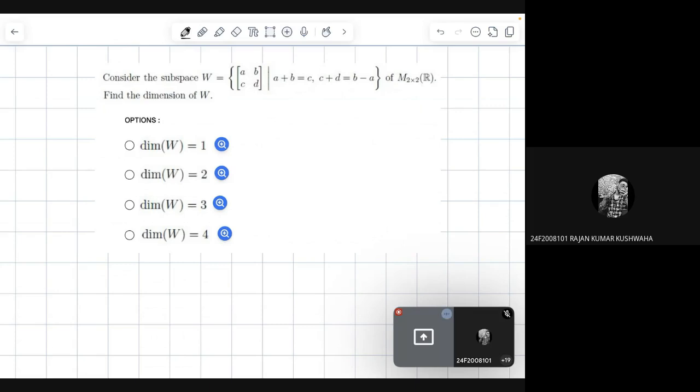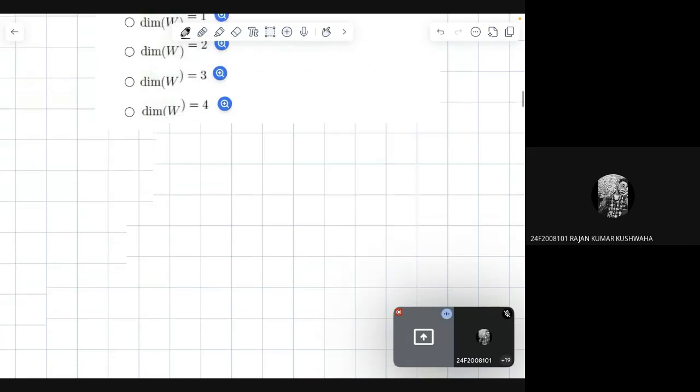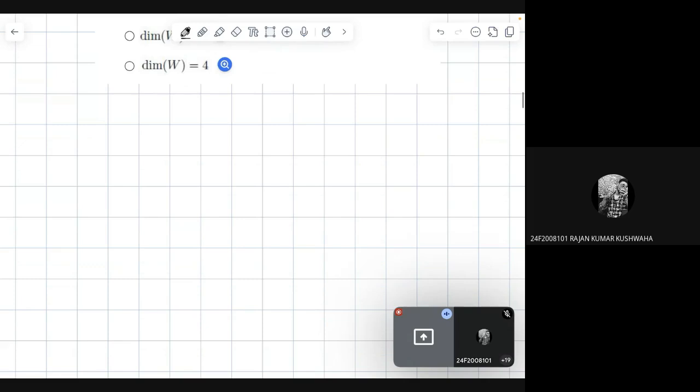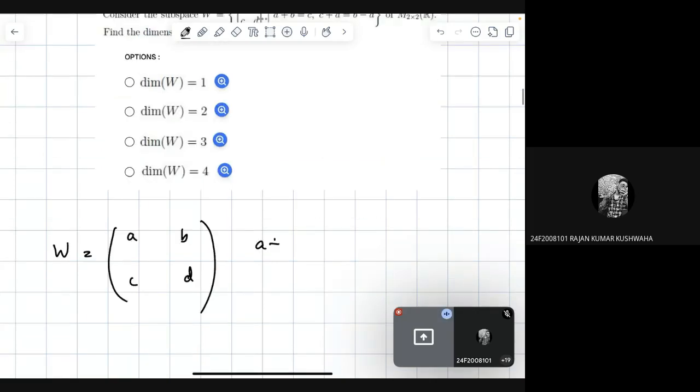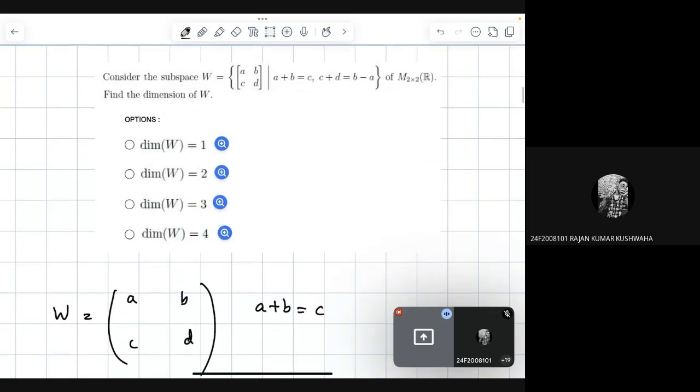consider subspace W, which is a 2 by 2 matrix ABCD where A plus B is equal to C and C plus D is equal to B minus A. Okay, so we have to find the dimension of W. So if we break down W, we have A plus B is equal to C and C plus D is equal to B minus A,